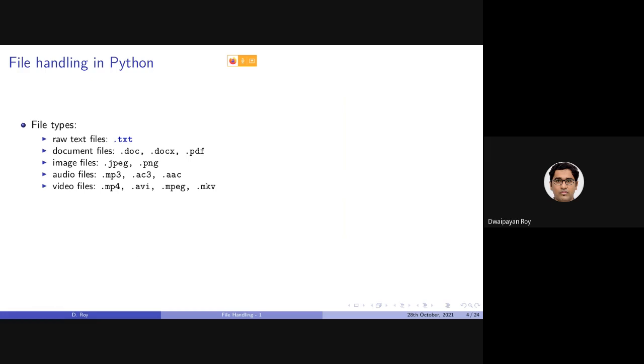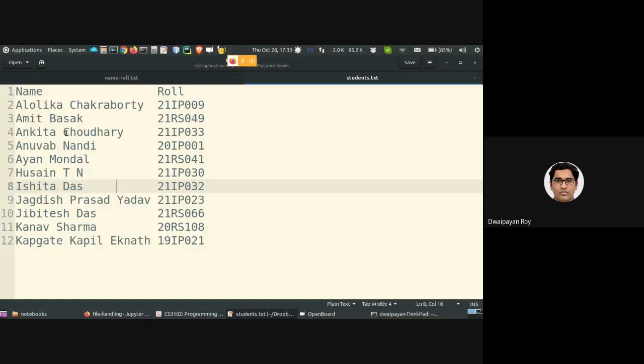Why? I hope you can guess, because a text file such as this one contains only the text. There is no formatting information, such as bold, italics or underlined.